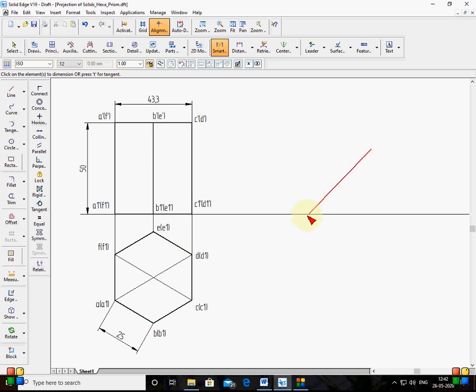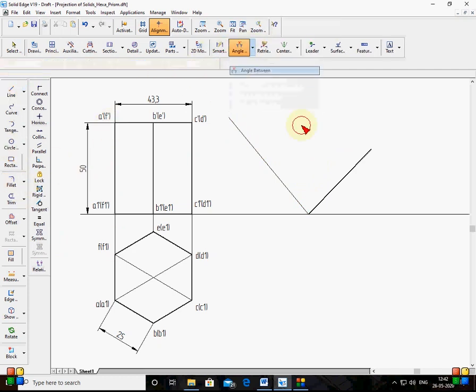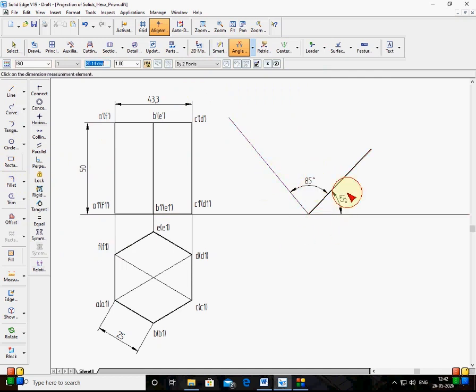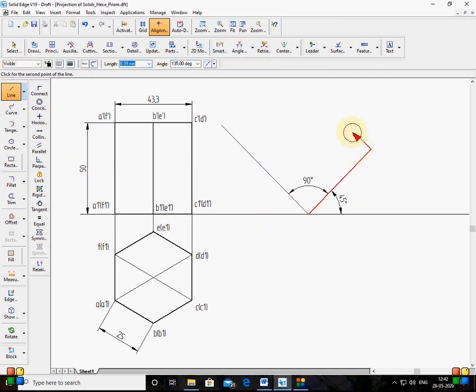What you do is draw a line like this from here. By compass you can draw a vertical line at 90 degrees for this one. Just draw one line here, this line 43.33, just draw a long line. Okay, this angle you set first. This is already set at 45, it is fixed. Now this angle you set. How much do you want? You want 90 degrees. Correct? From there you draw another line, a vertical long line, parallel to this one.